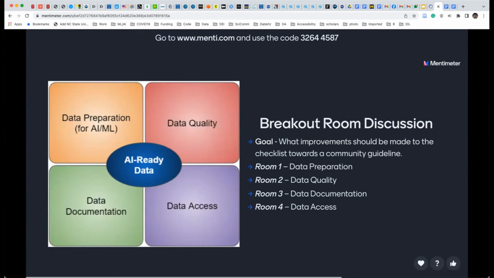I'm sorry, how do I join different rooms? If you move to the bottom, a breakout rooms option will show up if you are using the most recent version of Zoom. Or you can just let me know. Are you going to the quality one? Yeah, this is Pena. I'd like to go to room 2, data quality. Thanks, I'm gonna assign you there. Okay, thank you. Anyone have issues moving between rooms? Let me know. I can assign it.